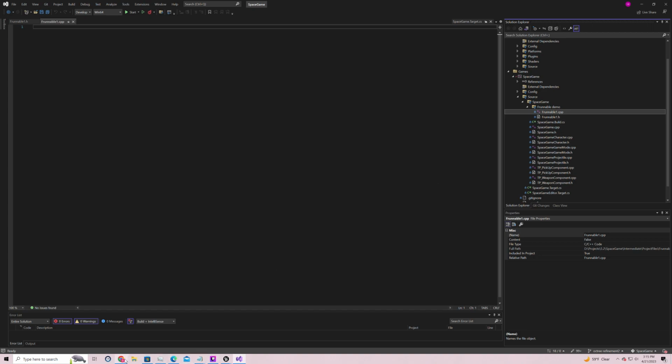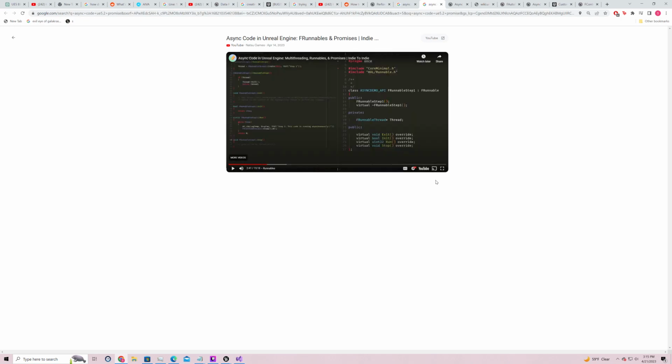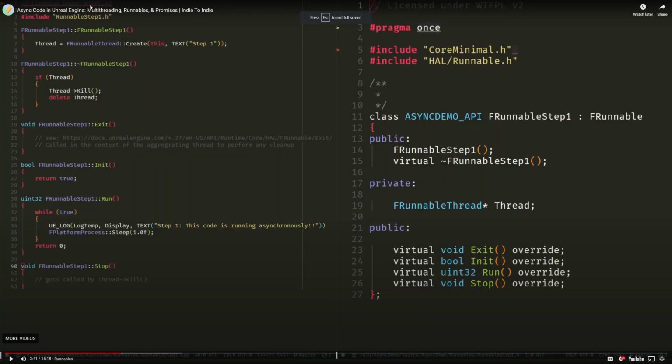Guessing the includes in the CPP file. Yes. So here's my header. I got it. In my brain I was thinking header should go on the left and implementation on the right, and so it was confusing me, but this is definitely the header. So include CoreMinimal.h, runnable.h.